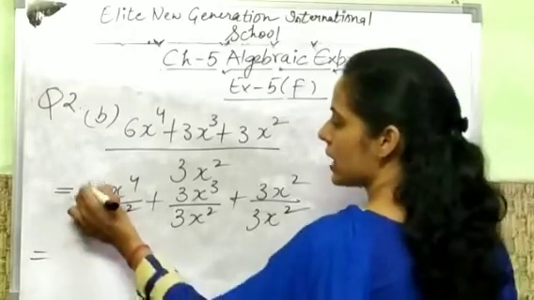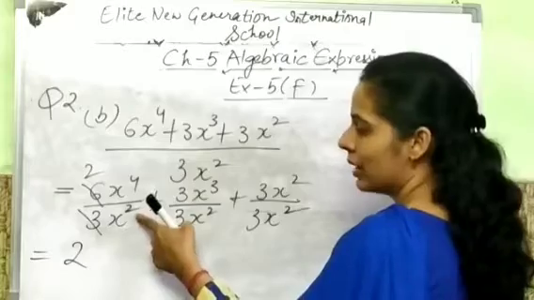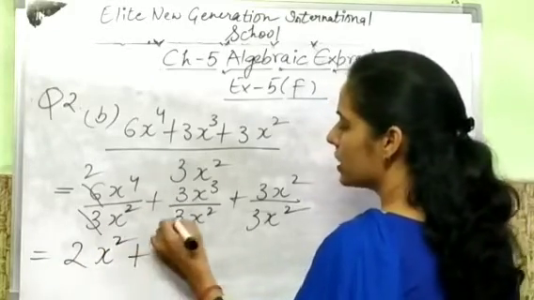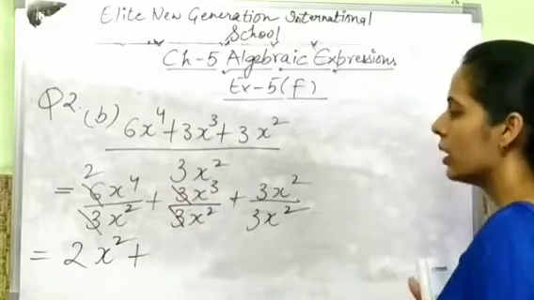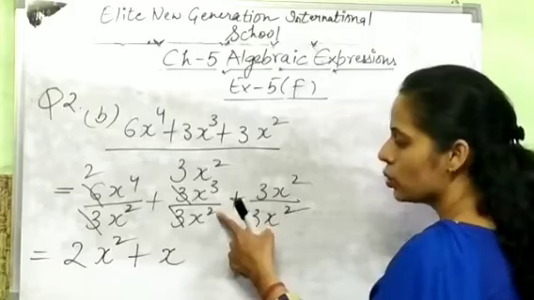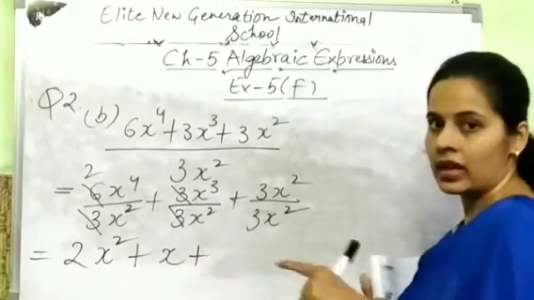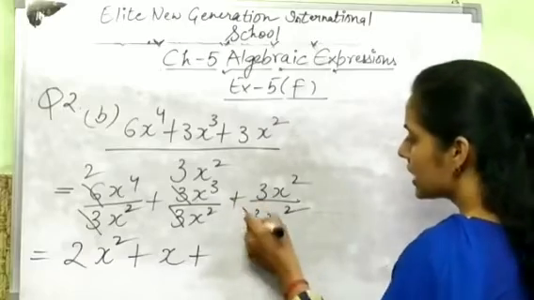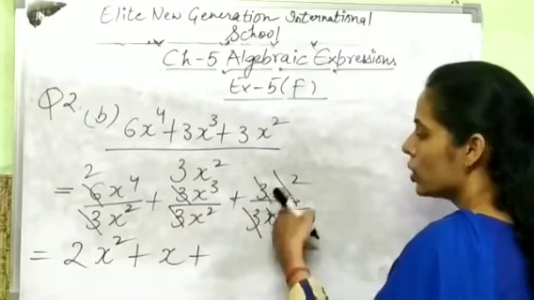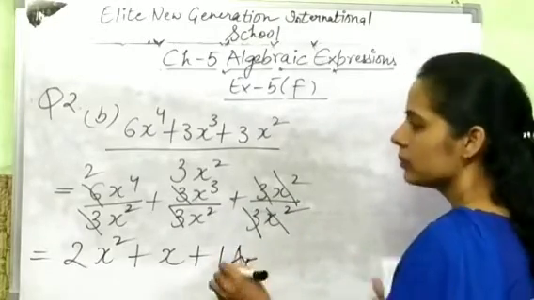So 3 to the 6 and x, same variable, powers different, apply here the third law, 4 minus 2, it means x to the power 2. From this side, we can easily cancel out 3 by 3 and x3, x2, it means x to the power 3 minus 2, which is 1, so write x as it is. Now, no need to write here power, okay. Now, from this side, 3 by 3 cancel out and x square by x square. So, from this side, we will get 1. This is the answer, that's all. Okay.